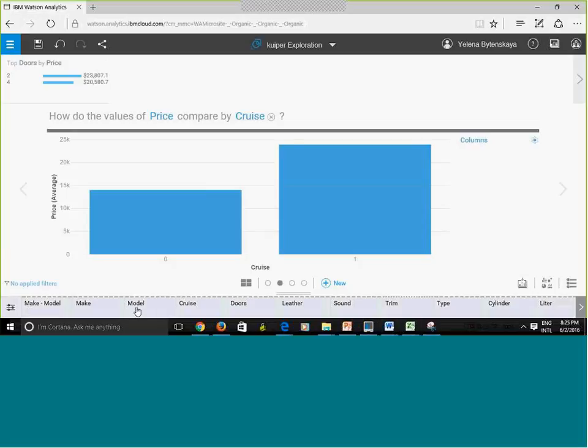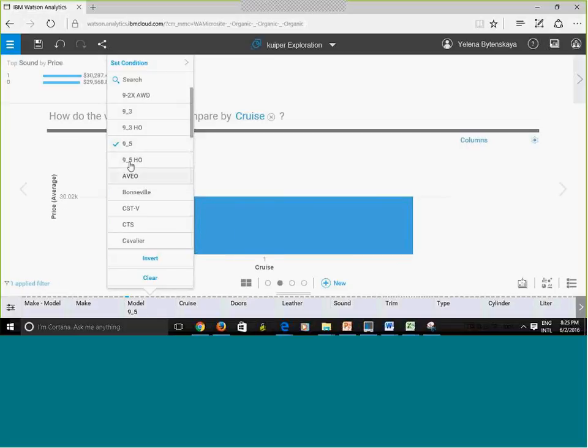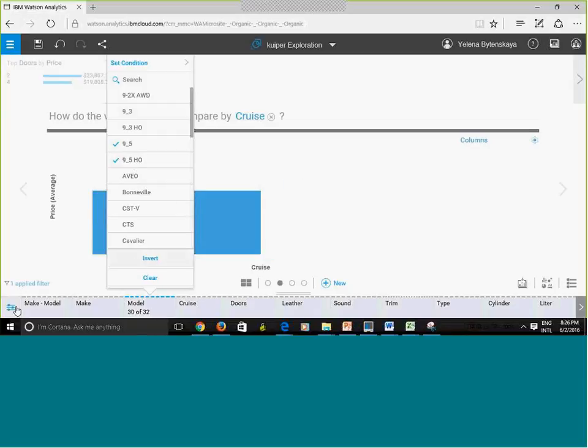Notice that it's a little bit similar to the data tray in a refinement view. And what you're going to do is click here. And here is my list of values. And I'm just going to select what I want to see, right? Okay, suppose that I selected two, and for some reason you may say it's getting tedious to select all of them, or suppose I want all of them but one. So what you can do is select the ones that you don't want and click invert, right? Instead of selecting the whole list, I can select the ones that I don't want and click invert.